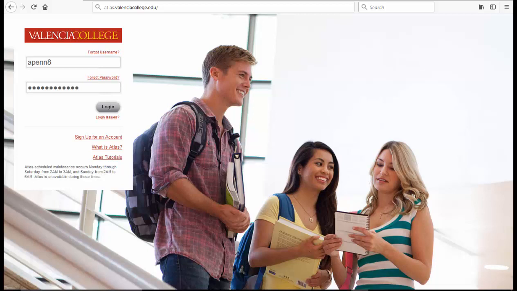In this tutorial, you will learn how to revisit the Faculty Incentive Plan Tool link inside of the Atlas portal, access the Faculty Incentive Plan tool, and enter your Professional Development Plan proposal activities inside of the Faculty Incentive Plan tool. To get started, access Atlas by going to